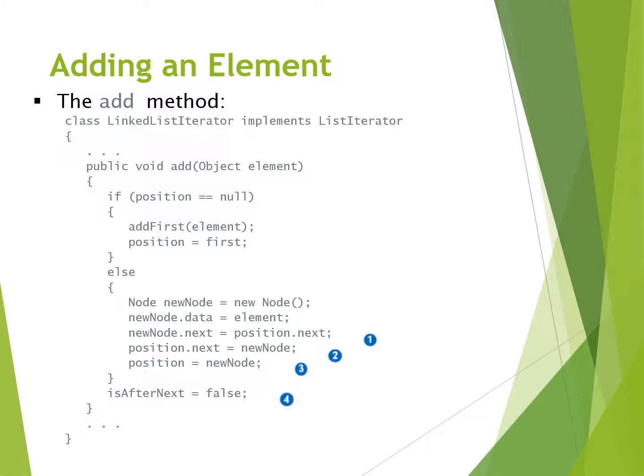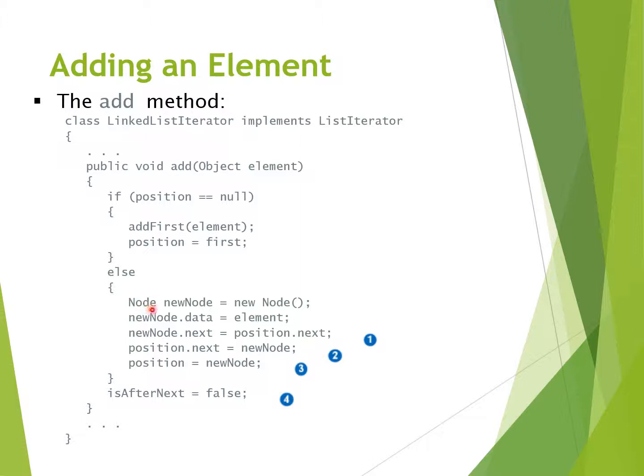The first thing that we need to take care of is to see whether position refers to null or not. If the position is equal to null, it means that we haven't called the next method yet, so position should refer to the beginning of the list, and when you are adding an element to the beginning of the list, it's better that you call the addFirst method that we have seen its implementation in the previous slides, and then position should refer to first. If position is not equal to null,